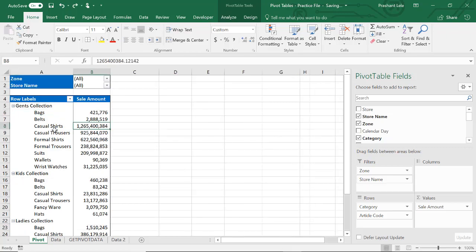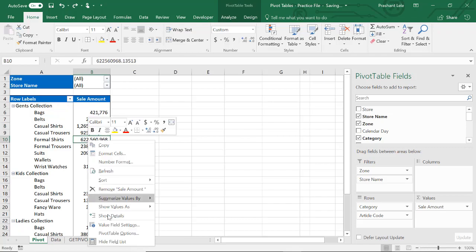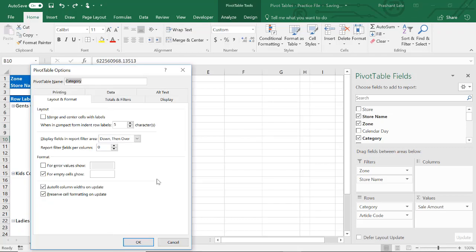Okay. The next option is format. If there are any errors in your pivot table, then you can mention here what to show if there are errors. You can show just the error, or NA, or maybe 0 also.